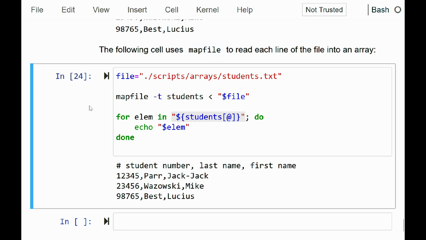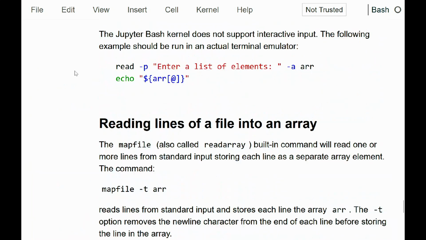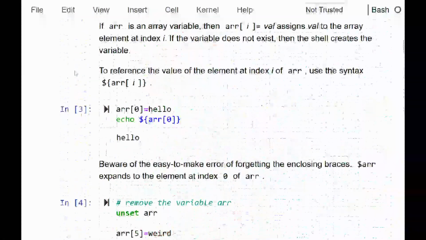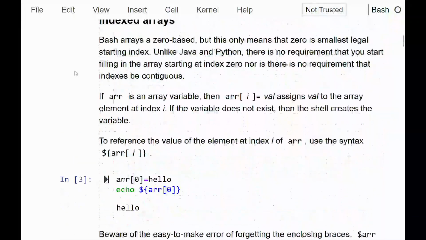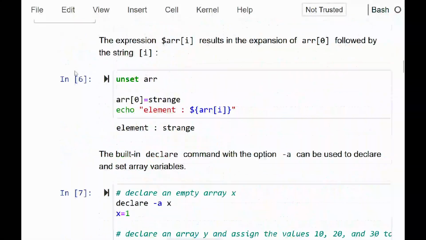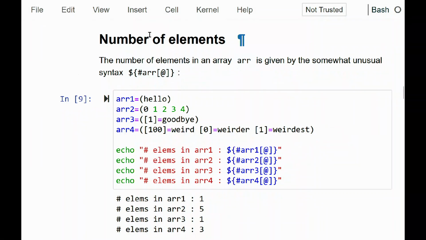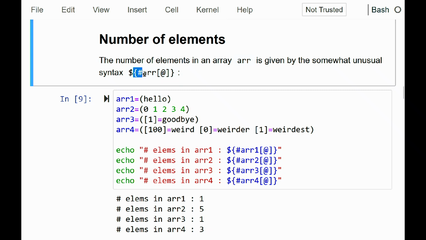And that's what we need to know about arrays, right? So very quickly to remind you the important operations. Number of elements is, I guess, that should have been the first one. Number of elements in the array: $, brace, hashtag, name of the array, square brackets, at. That's awkward, but that's just the way it works. Indexing works